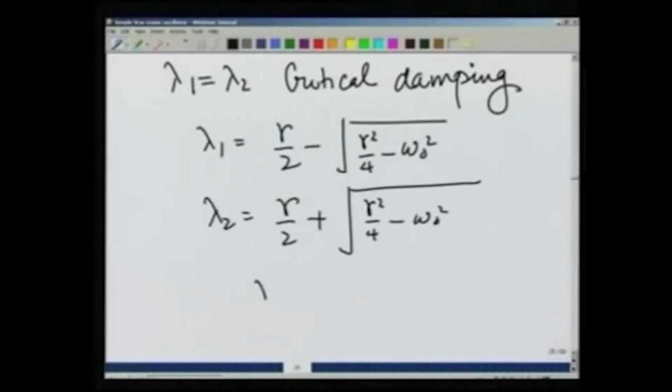What it means is that gamma square is equal to 4 omega 0 square, critical